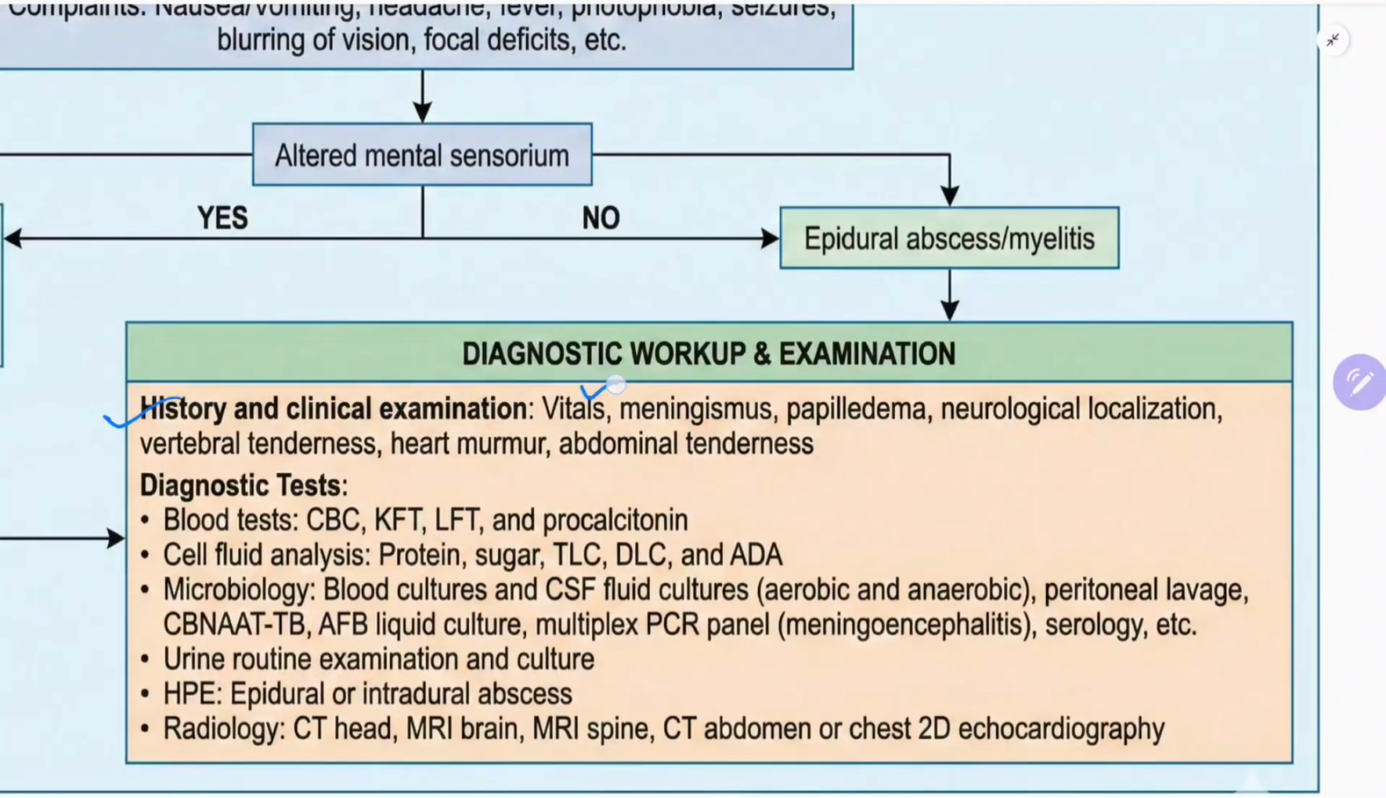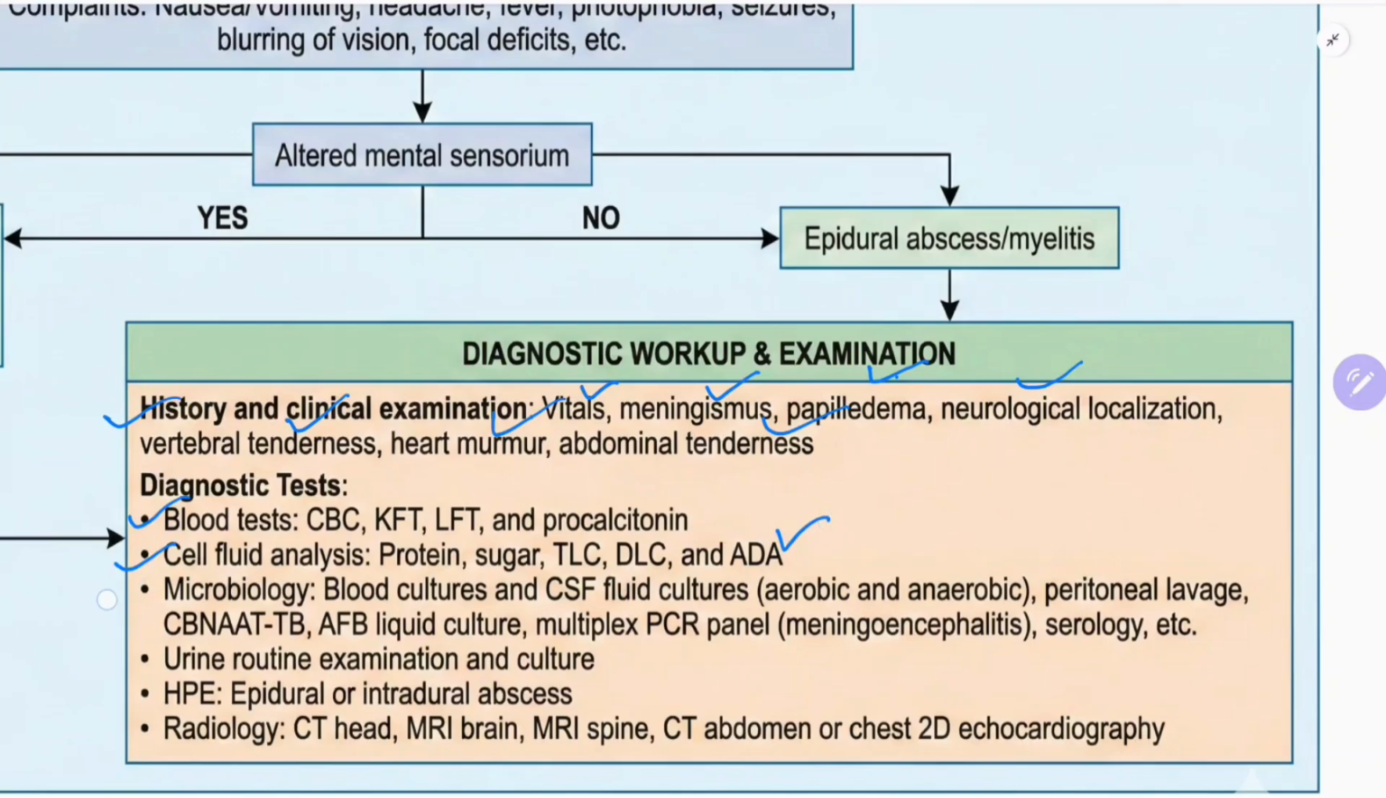History, physical examination, vitals you should check, meningeal signs, neck stiffness you should see, papilledema, neurological localization you should see, vertebral tenderness you should see, heart murmur you should see, abdominal tenderness you should see. Diagnostics include blood tests like CBC, KFT, LFT, procalcitonin, CSF fluid analysis, protein, sugar, differential count, and adenosine